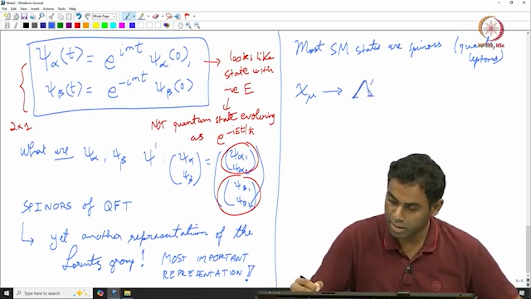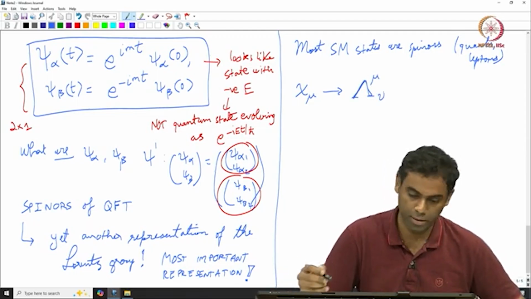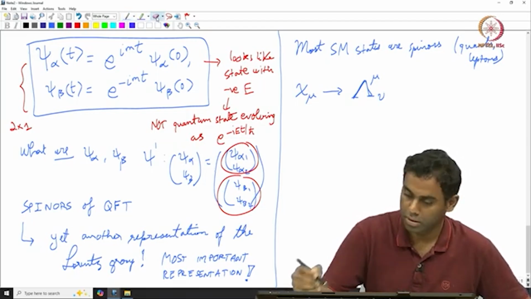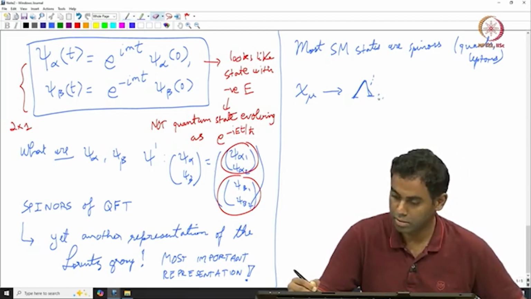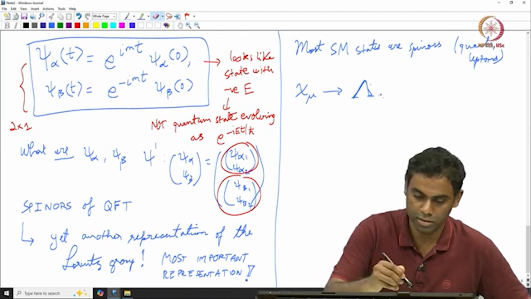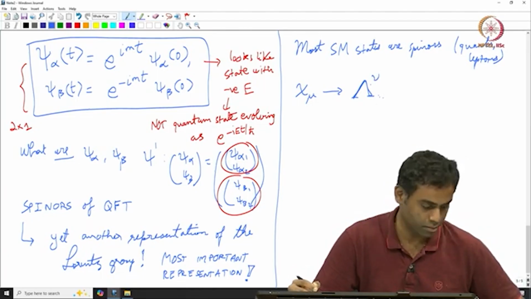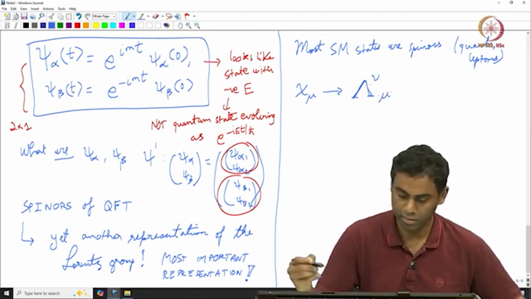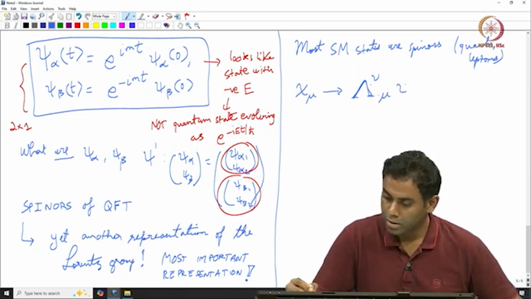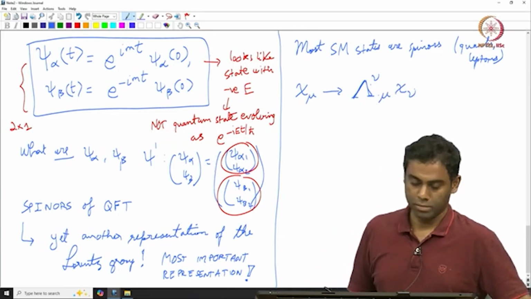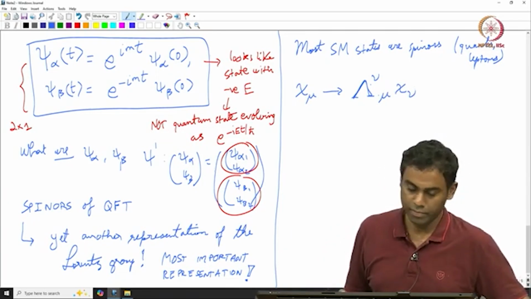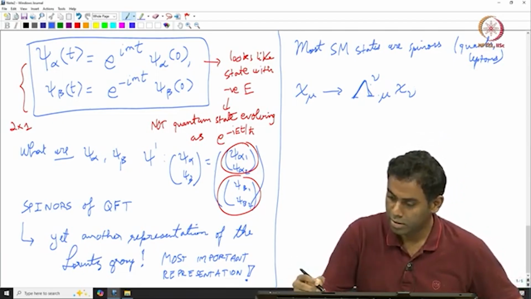I am going to call these, or if you want I can preserve the index, where the lambda here,